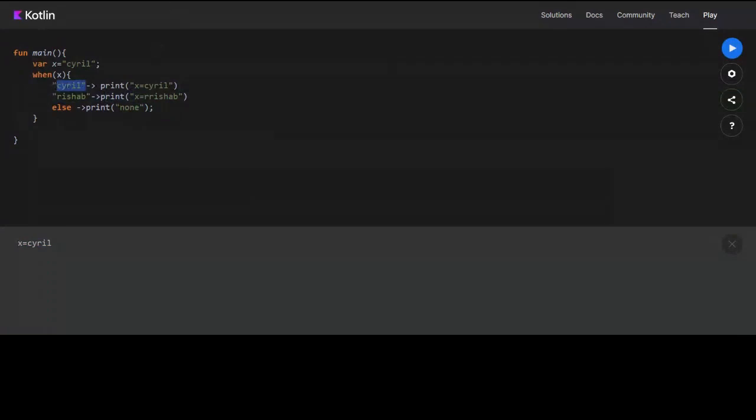Which is faster? I don't think there is any performance difference. Both of them would be the same. This is just for writing code in less space. Is it case sensitive? Yes, it will be case sensitive. Why is else here? Okay, I wrote this by mistake. Even if you don't put a semicolon, it won't matter. See, semicolon doesn't matter. If you put a semicolon, it's fine, but if you don't put it, it's also fine.